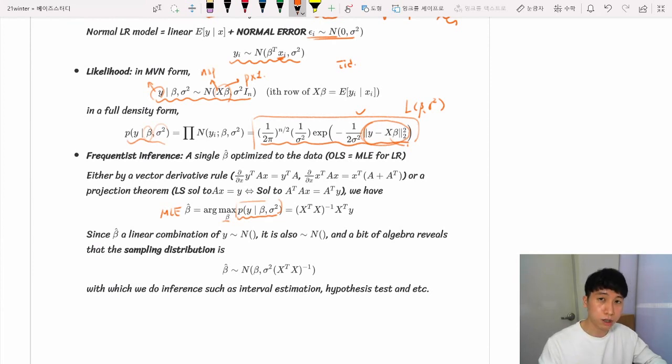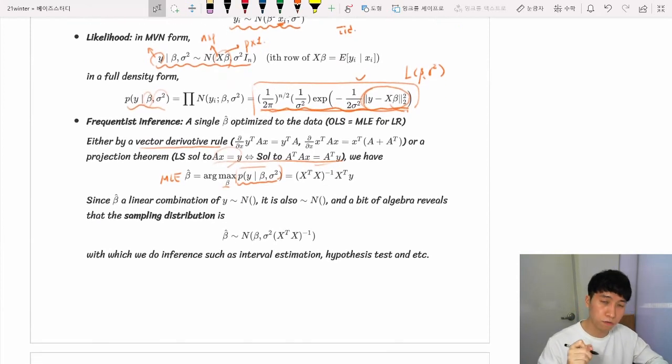And the strategy for getting that is to take a derivative of this likelihood with respect to beta. For that purpose, we can use the vector derivative rule, or we can use a projection theorem, right? Here is the result from the projection theorem, and if you're familiar with it, then it's good for you. If you haven't seen this theorem before, then it's safe to just skip it. It doesn't matter. What matters is that once you get the specific value of this beta